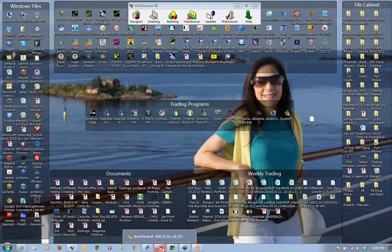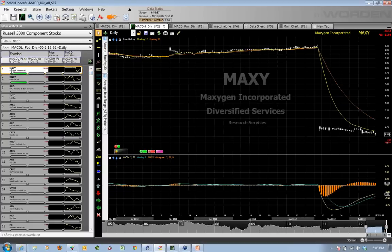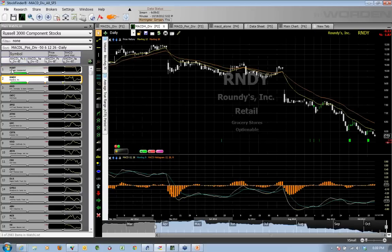I like to look at divergences to understand where we are in the market and to see whether or not we have more positive or negative divergences. So I'm going to start by looking at the positive divergences, and we really only have two. This thing's been trashed, so I'm not going to pay any attention to Maxygen. And then I've got Rondell's Inc. What this is looking for is the fact that we've got a lower low, but not necessarily a lower low on the